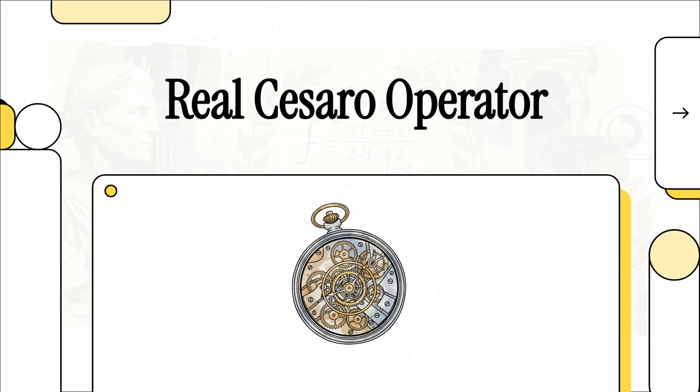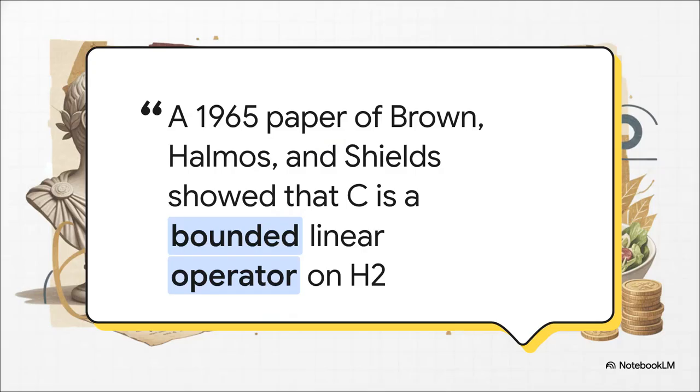We're going to construct a detailed narrative retelling of the Cesaro operator on the L-squared 0,1 space and figure out exactly how it ticks. To really grasp the gravity of this new paper, we've got to start with its mathematical pedigree. Back in 1965, the classical Cesaro operator was heavily studied on the Hardy space. It was acting on analytic functions inside the open unit disk of the complex plane. It was this incredibly well-behaved, bounded linear operator that basically gave mathematicians a rich, complex playground to explore for a